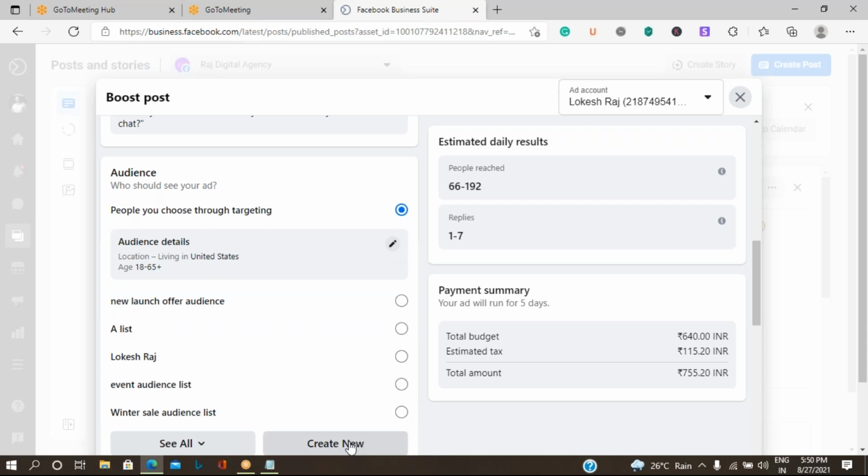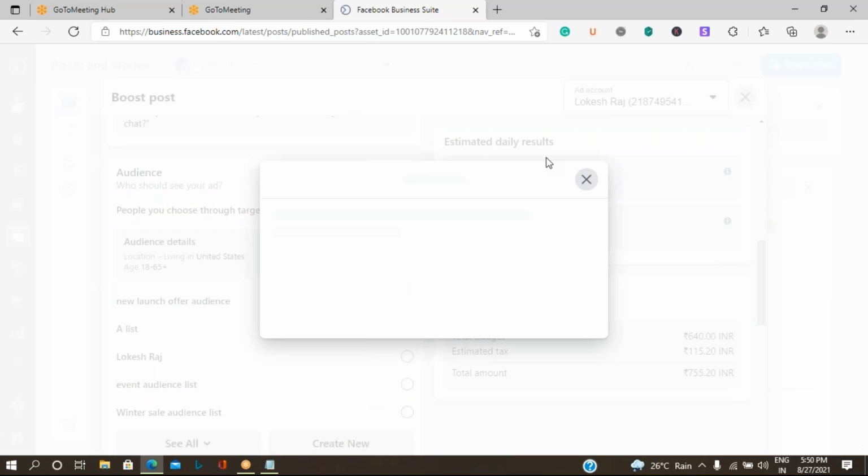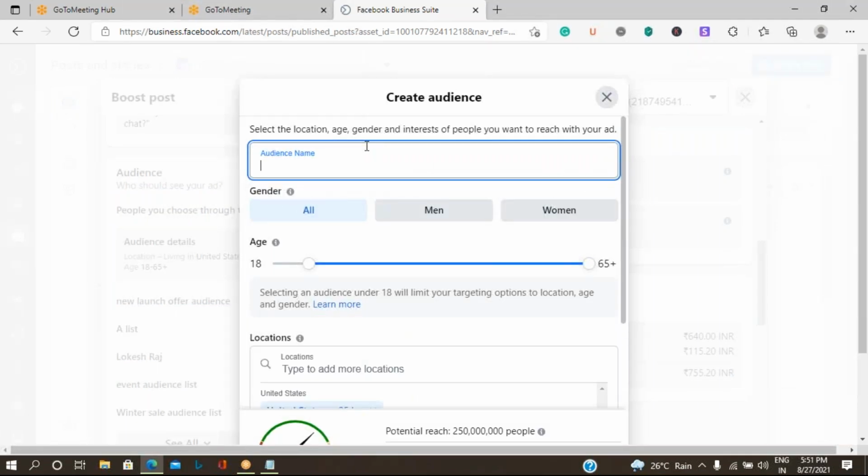So for example, let me create it with the name celebration audience list. I'm sending the post to all the people related to the celebration of my 100 clients reached. Okay, so I'll keep it as celebration audience list.